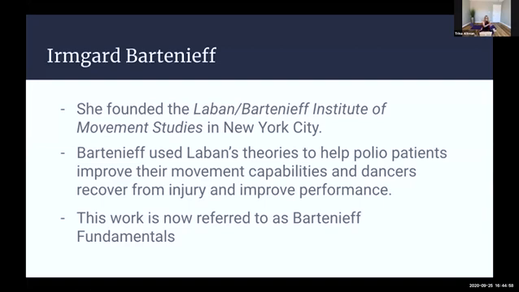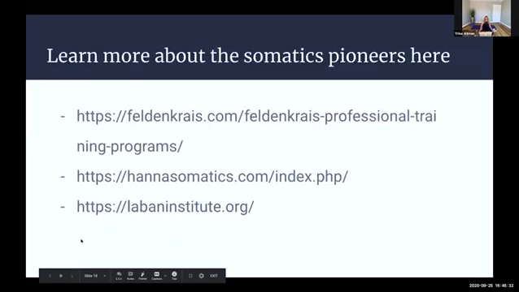If you want to think of it like baby bear, mama bear, papa bear, or small, medium, biggest, I would say the movements that you do in Feldenkrais are the smallest. And then Hanna Somatics, they are a little bit bigger. And then the movements you do in Bartenieff are even bigger. I know I'm very visual. So if you've been watching things on YouTube or following social media somatic movements, that might help you compartmentalize the three different movement methods.